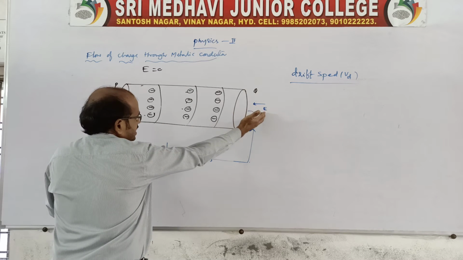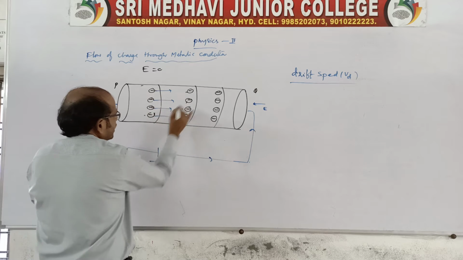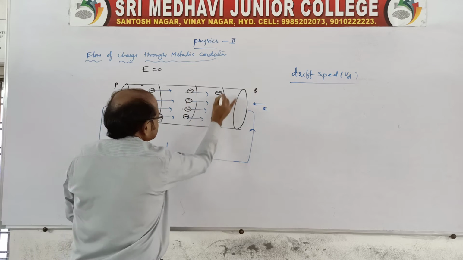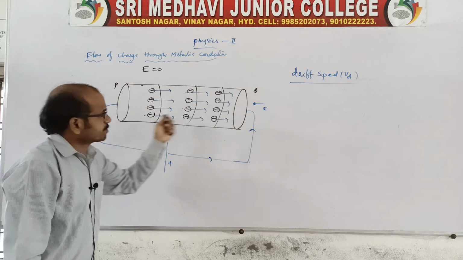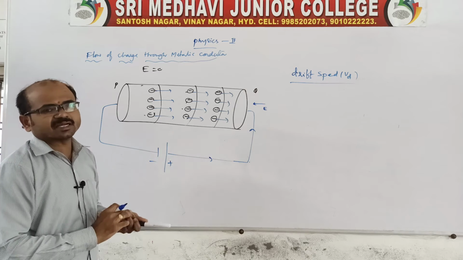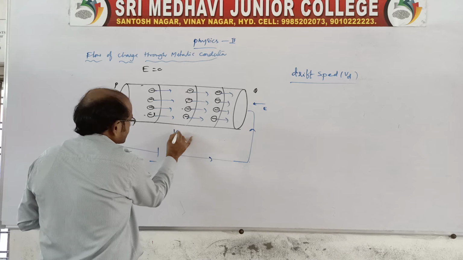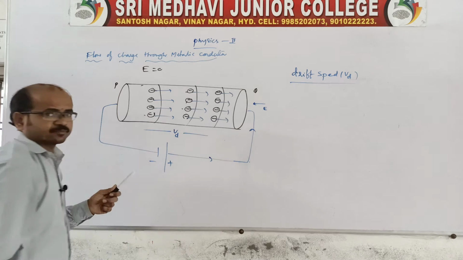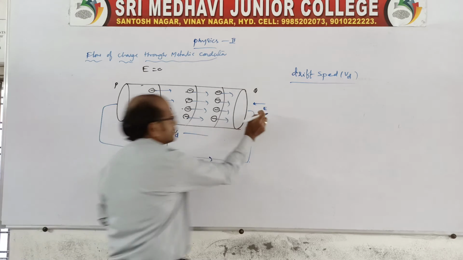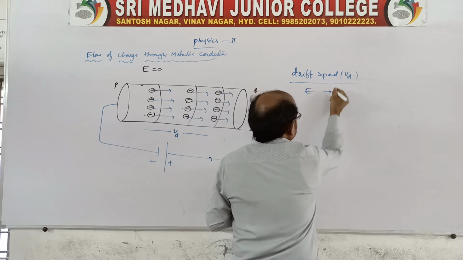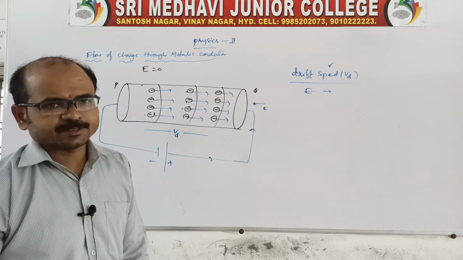Since the field intensity is applied from right to left, all electrons move opposite to the applied field intensity. Now the stream of electrons moves in a particular direction, all the free electrons in the given conductor. Therefore, the speed of the electrons is what we call the drift speed, because all are modified and move at a particular speed because of the presence of the electric field intensity. The particular speed is the drift speed. For 2 marks.